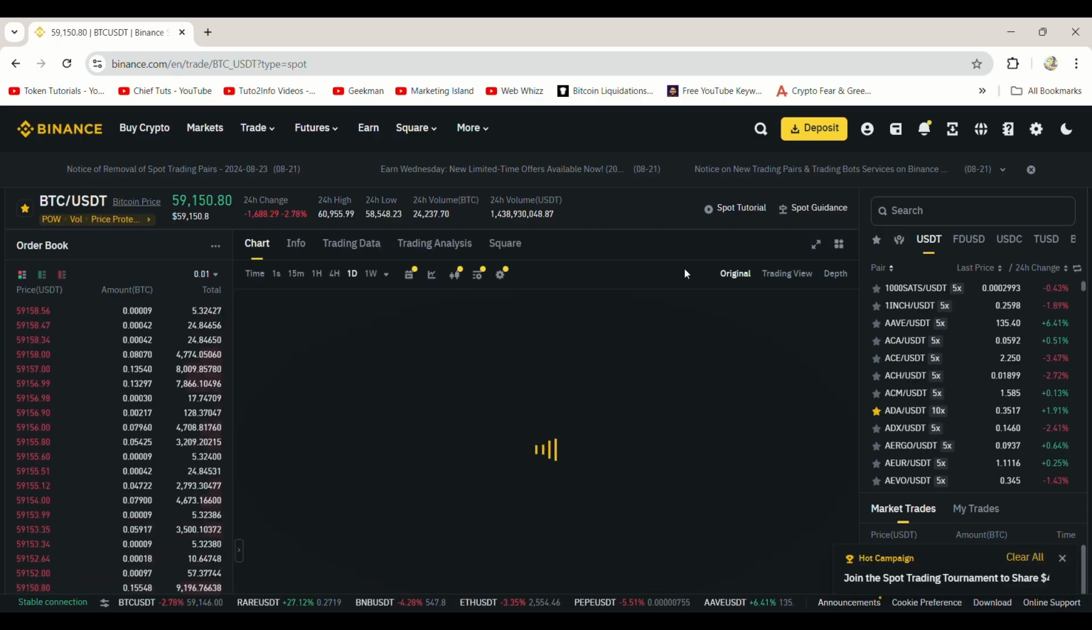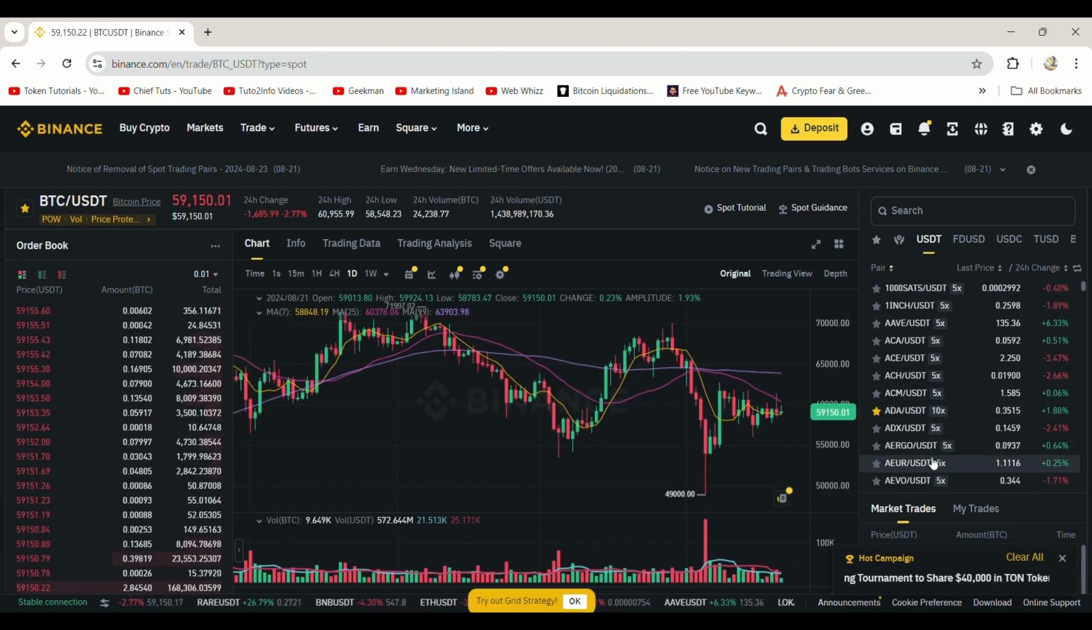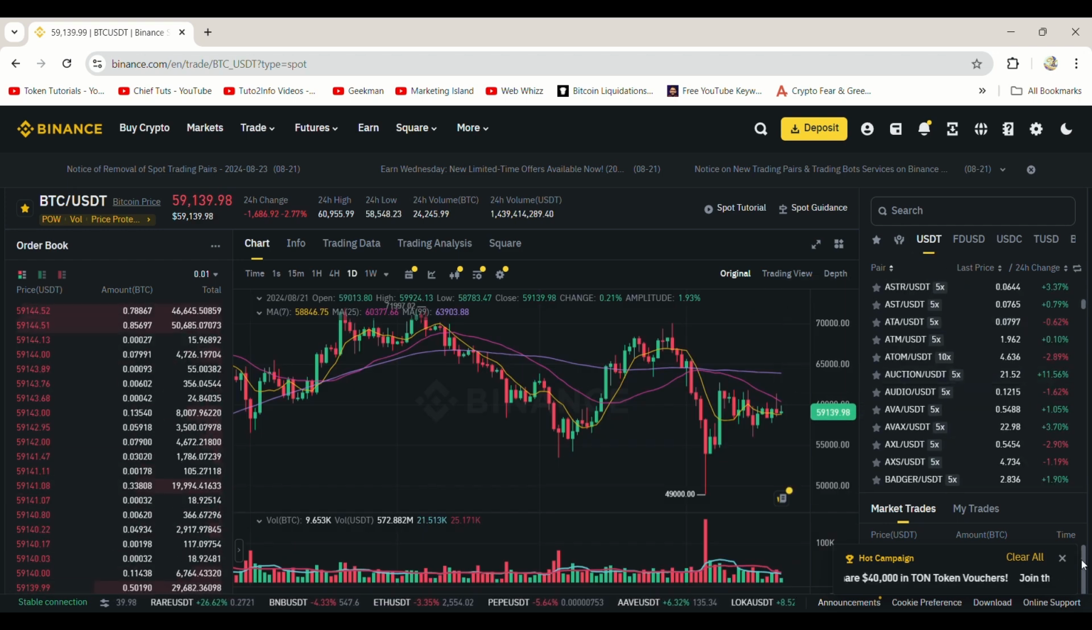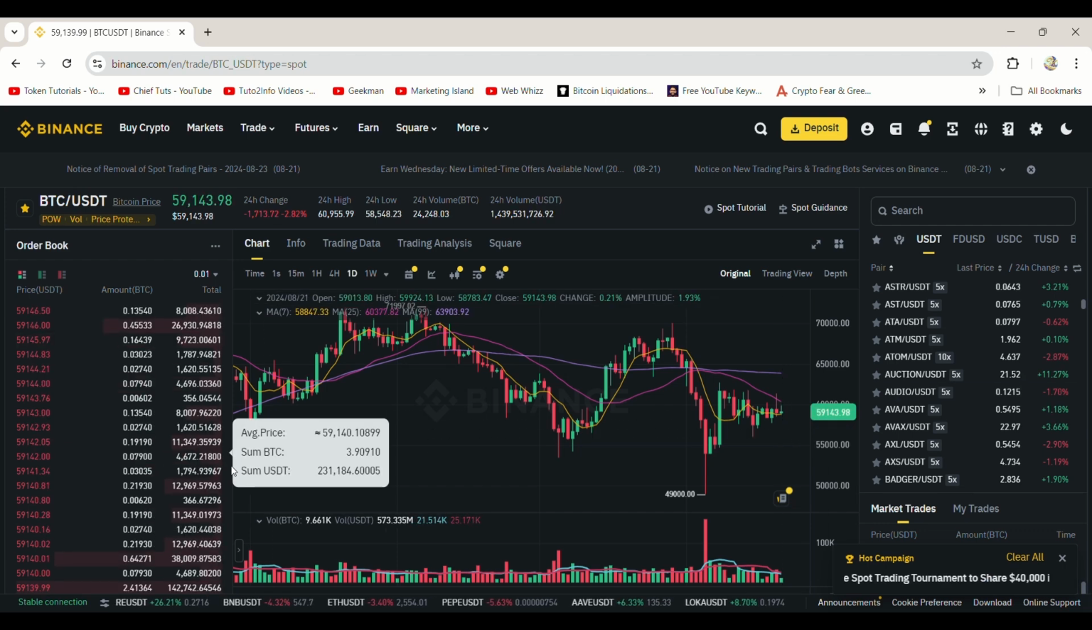Another method is converting existing coins on Binance into USDT, as most coins on Binance can be traded for or